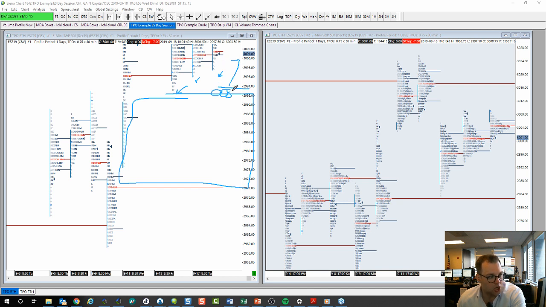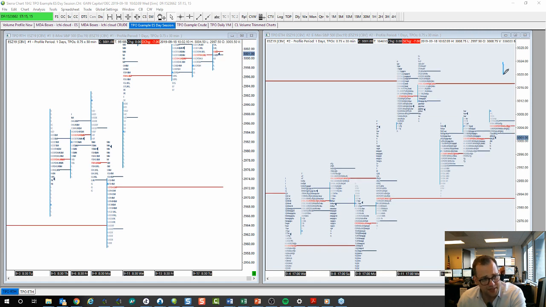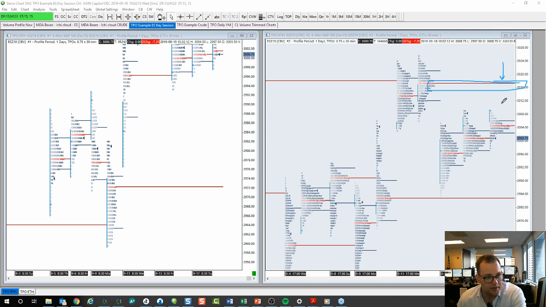If we see buyers trying to defend this, and usually that's the last-ditch effort, big buying trying to come in and support this, buy this low, and we get below it, that's when you can see a quick move to the downside. So that's kind of what we're seeing on the day session and the extended trading session. And in the bullish setup I set up yesterday, this is kind of a target area because of this naked POC here. If we could quickly hit that, hold, rotate back down, we'd want to take some of that off.